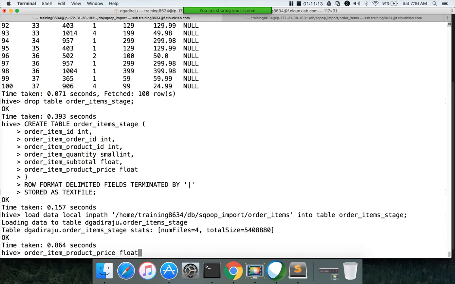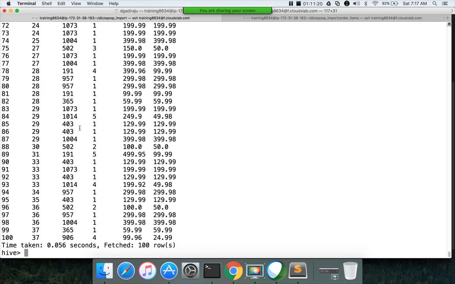First let us validate that it is represented correctly by previewing the data using select star from, and now it looks good. Now this table has only 6 columns, whereas order items has 7 columns including order item order date and a partition column.